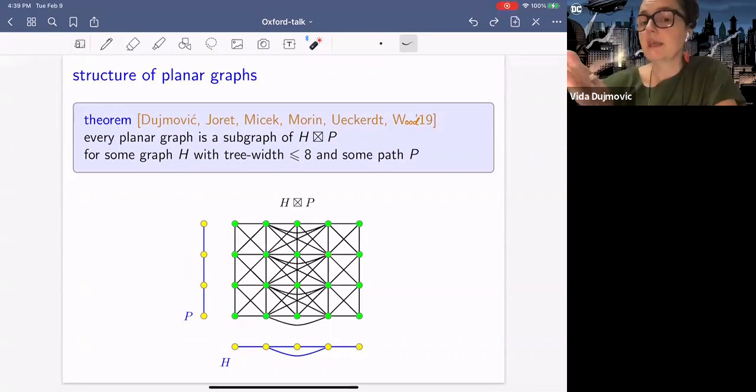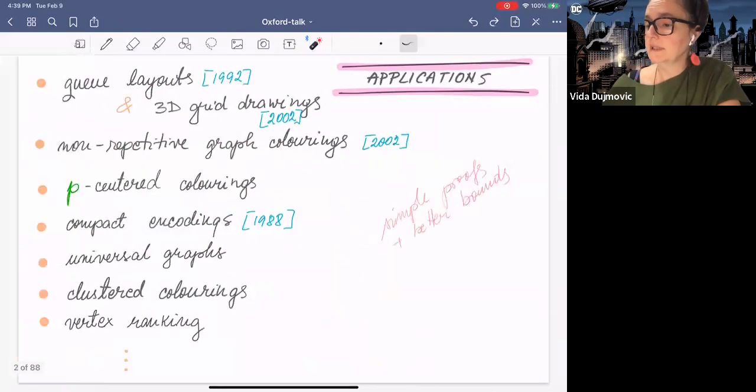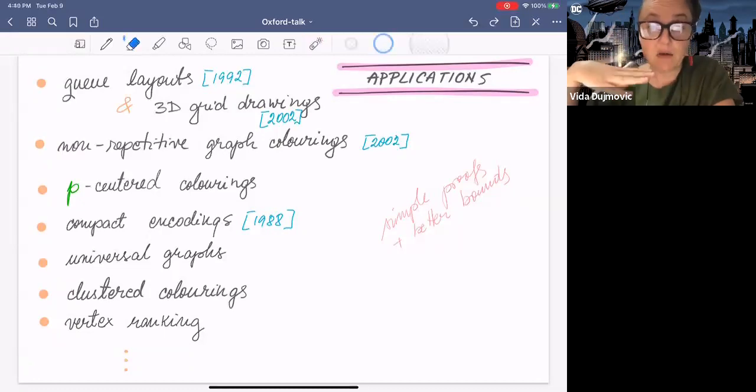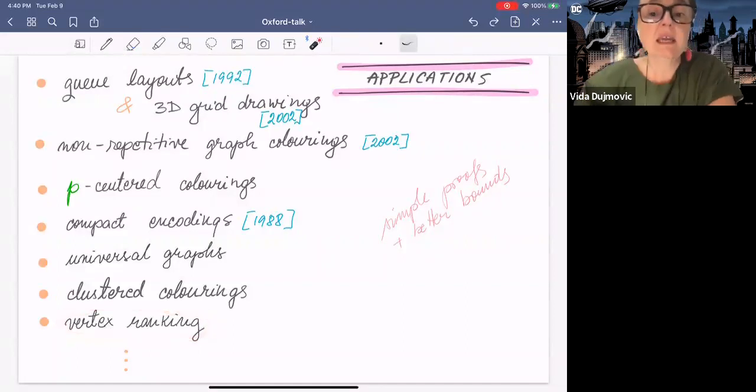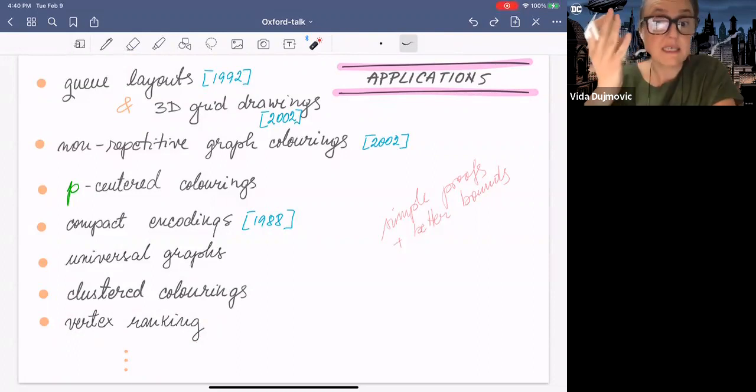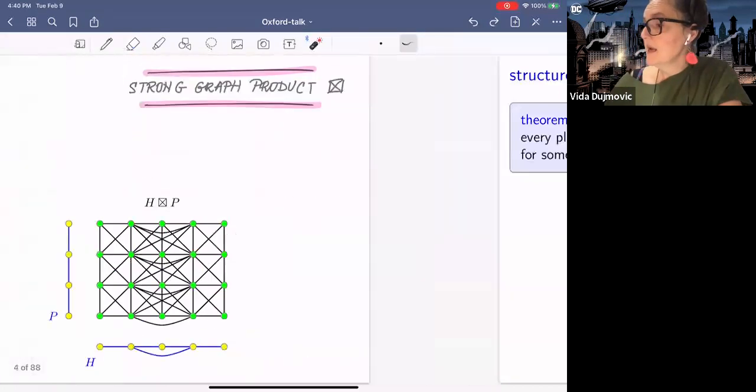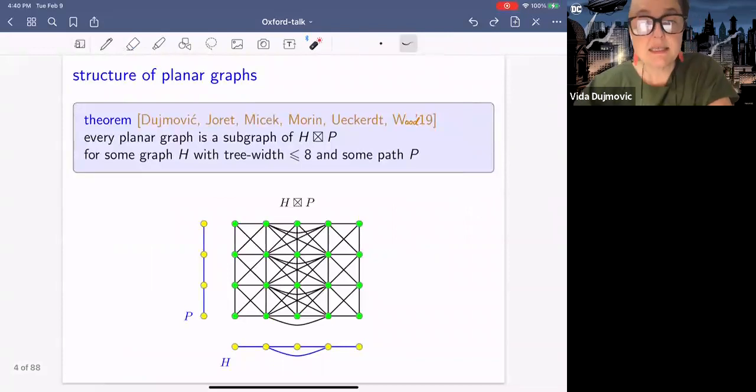So the only thing that I use treewidth for is that for many of these problems, in fact, absolutely all of these problems from these applications, the tight bounds were known. Oh, I'm lying, not this one. The tight bounds, except for this vertex ranking, were already known for graphs of constant treewidth, okay? So what we have here is that,